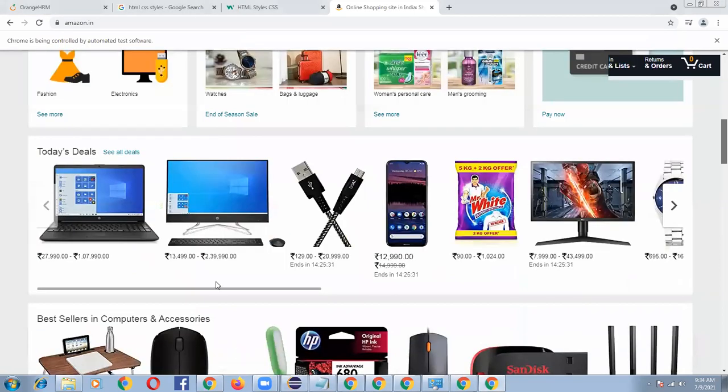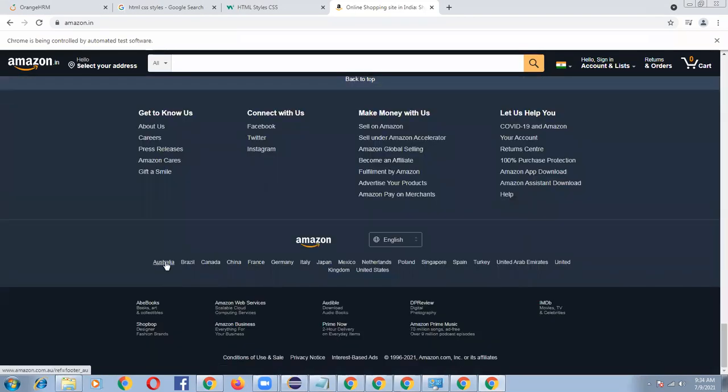But I want to take a snapshot wherever I want. At the bottom of the page there is Australia, and I want to take the snapshot at this web element.